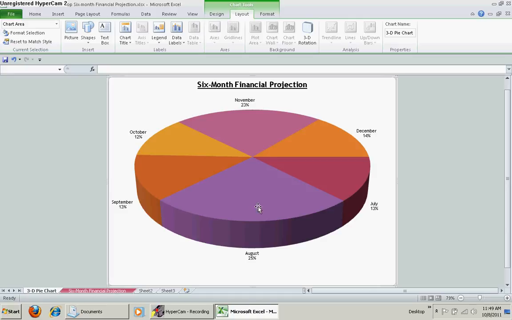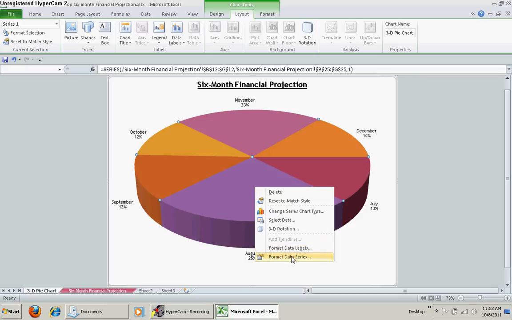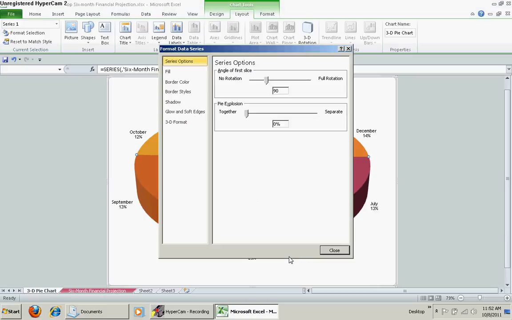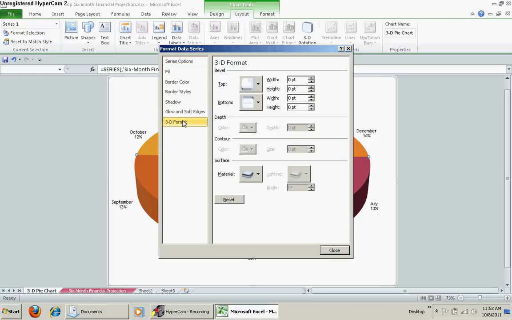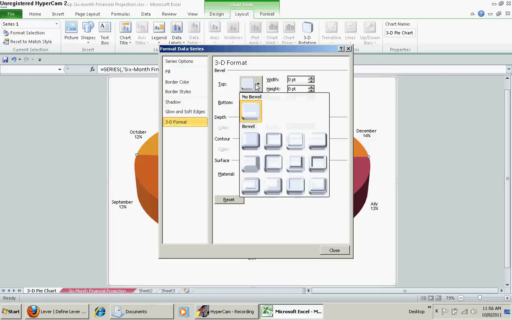The next thing that we're going to do is to format the pie chart. So to do that, we're going to do a right click. First right click inside the chart, and then select Format Data Series, pick 3D format, click top in the bevel selection, and then look at the first selection here and pick circle,